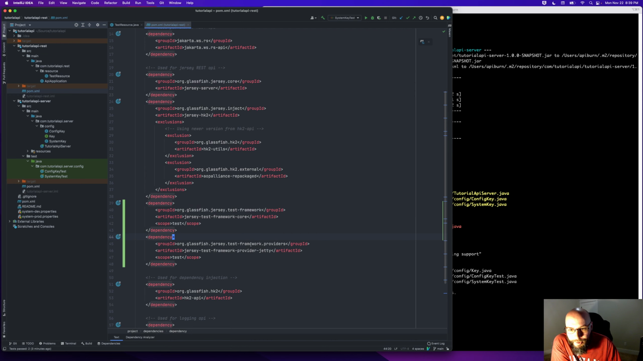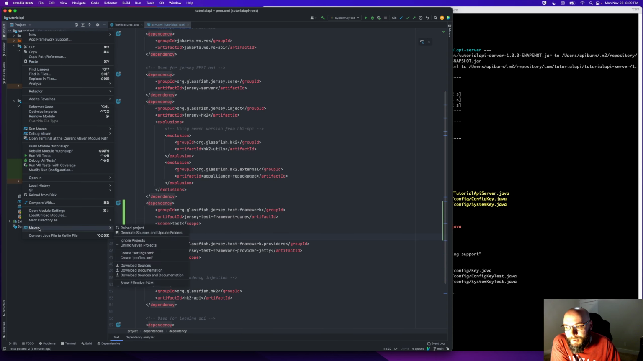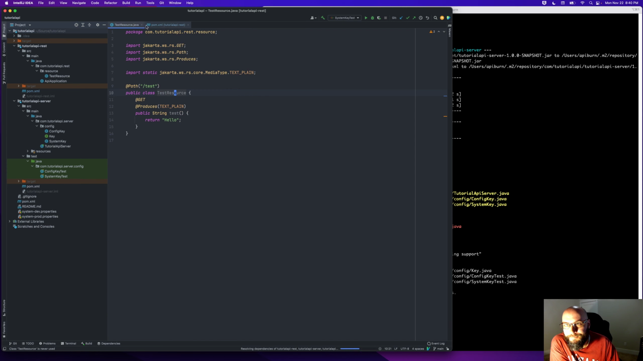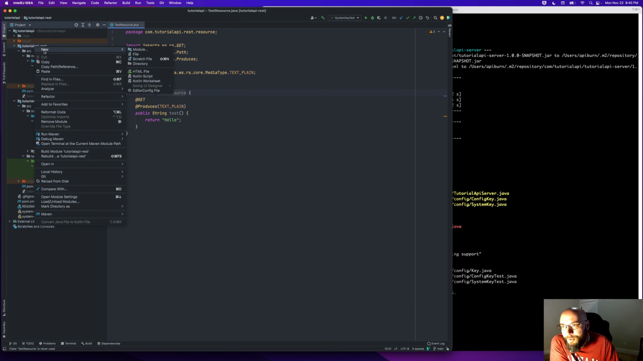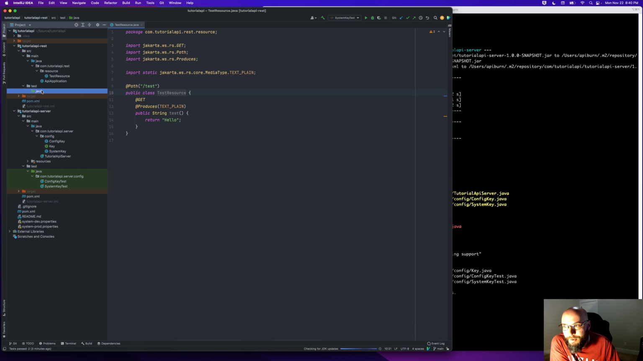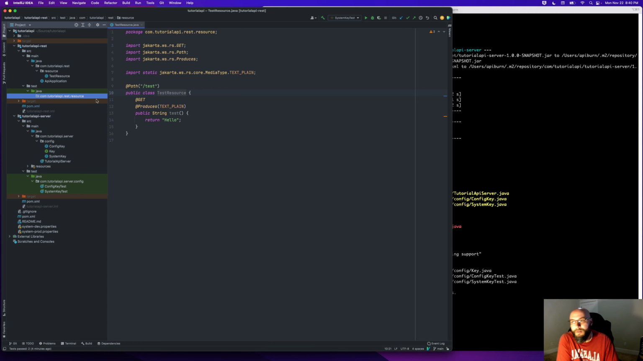We've got test framework after inject, so this looks good. Let's go ahead and do a Maven reload project to make sure these dependencies are available. And let's go ahead and do a new directory and get our source test Java and get a new package com.tutorial api.rest.resource. And let's go ahead and create a new Java class